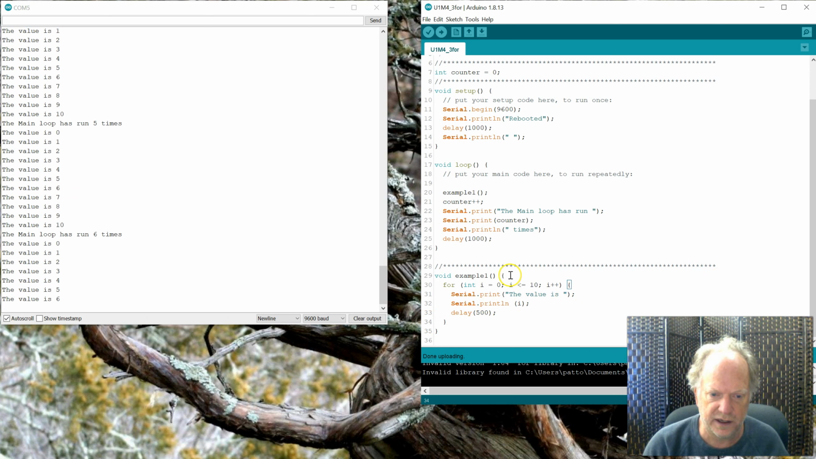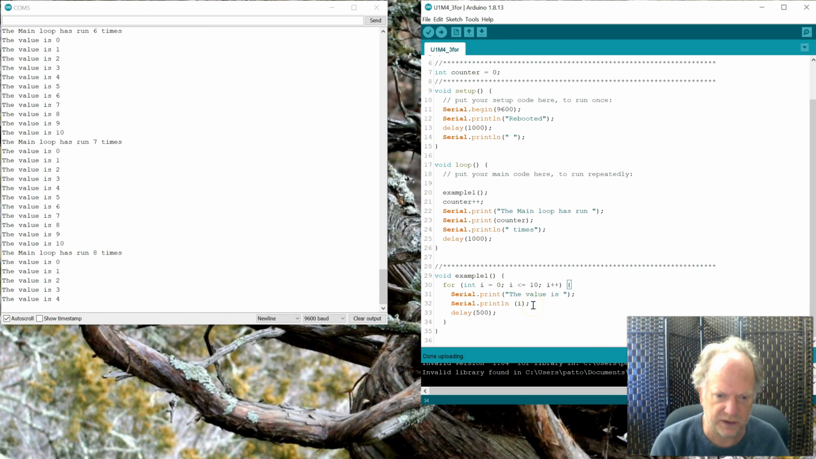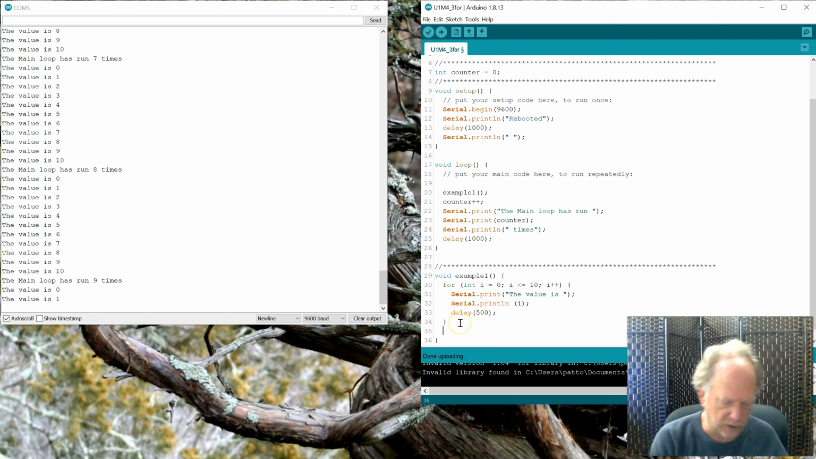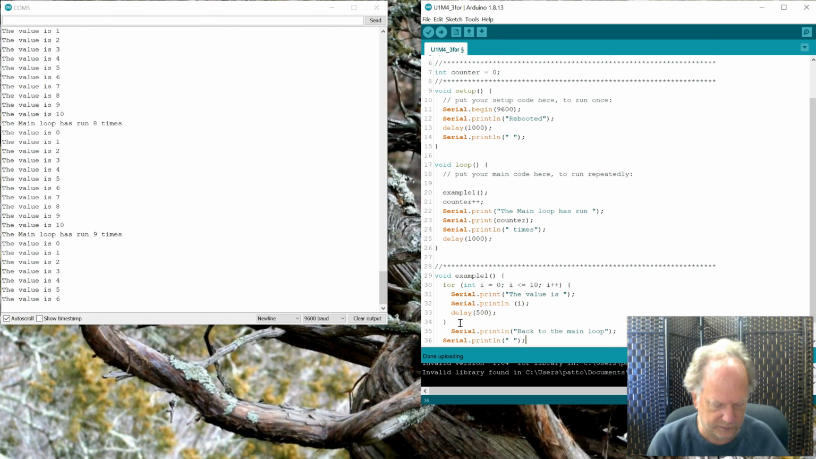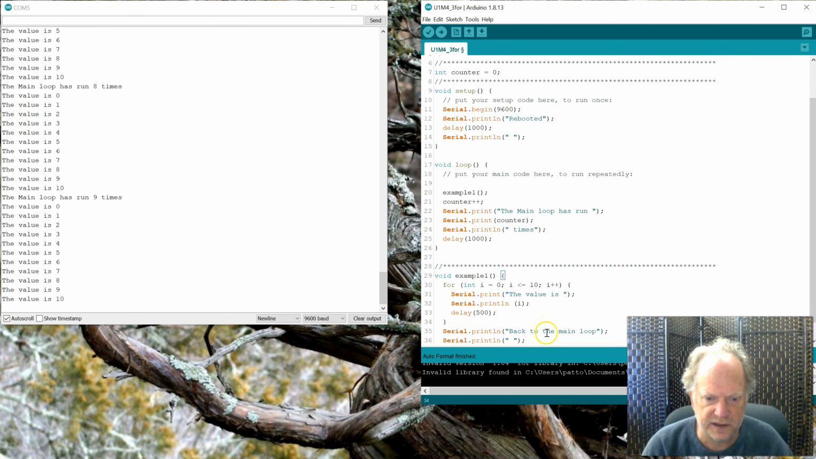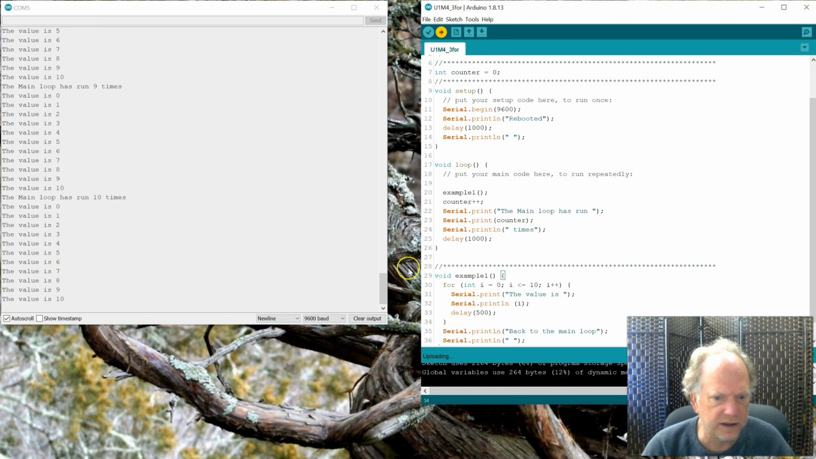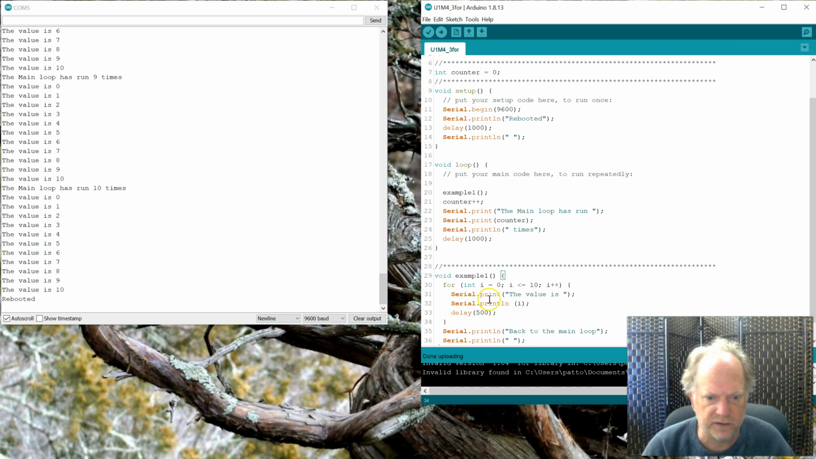So outside, notice how we've got 2 sets of braces. We've got this one here, which is for the function, and we have this one here, which is for the for. All right? So it's stuck inside of this until that value gets up to 10. So if I put something here, in which case I'm going to say, hey, I'm going back to the main loop, and then a dead space, you're going to see, when we load it up, that it's going to be stuck, and then as soon as it gets up to the value of 10,